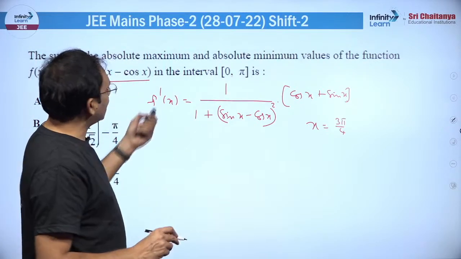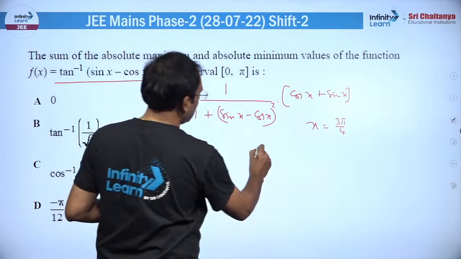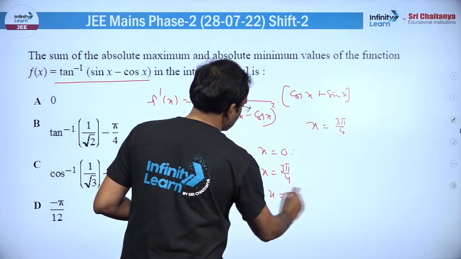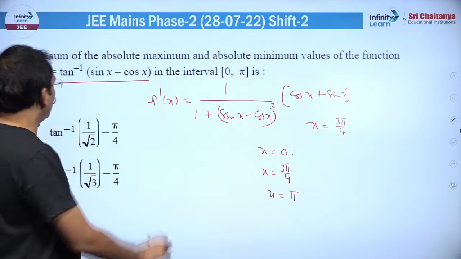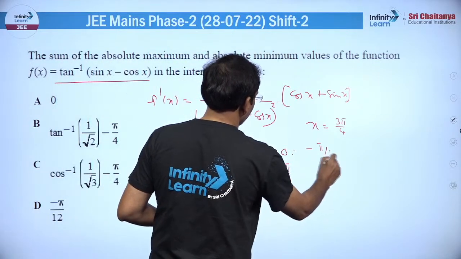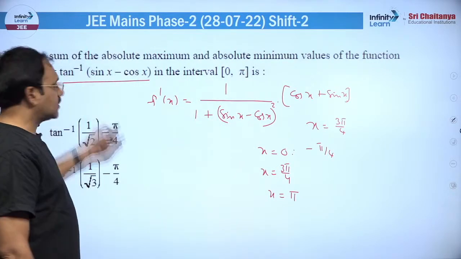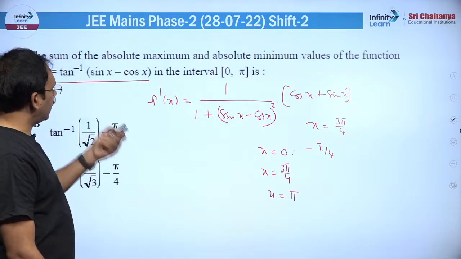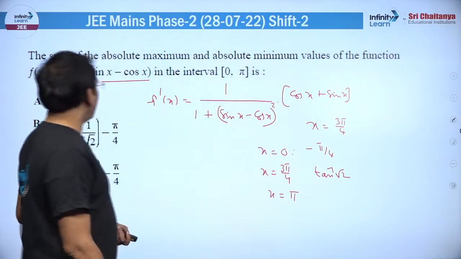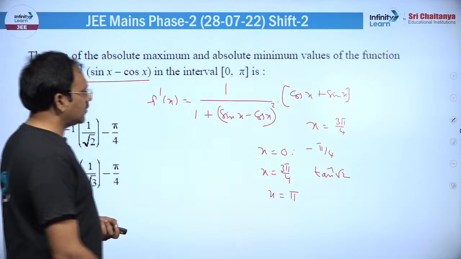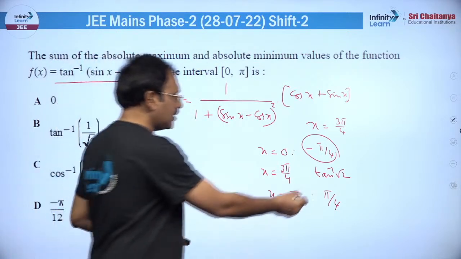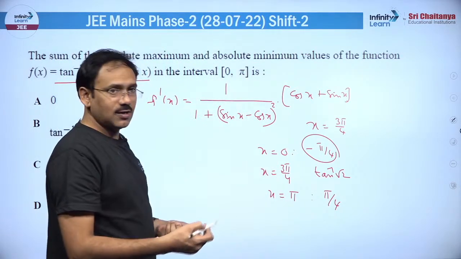So, to find the absolute maximum and absolute minimum, at the extremes you need to find the function value at 0, the function value at 3 pi by 4, and the function value at x is equal to pi. You just substitute, my dear friends. If you put x is 0, cos 0 is 1, tan inverse minus 1 is minus pi by 4. At 3 pi by 4, my dear friends, you can say 1 by root 2 plus 1 by root 2. This is tan inverse root 2 you will get, and at pi, sin 180 is 0, this is 1, tan inverse 1 is pi by 4. Undoubtedly, my dear friends, this is the least value. Greatest value means tan inverse 1 is pi by 4, root 2 is more than 1, tan is an increasing function,